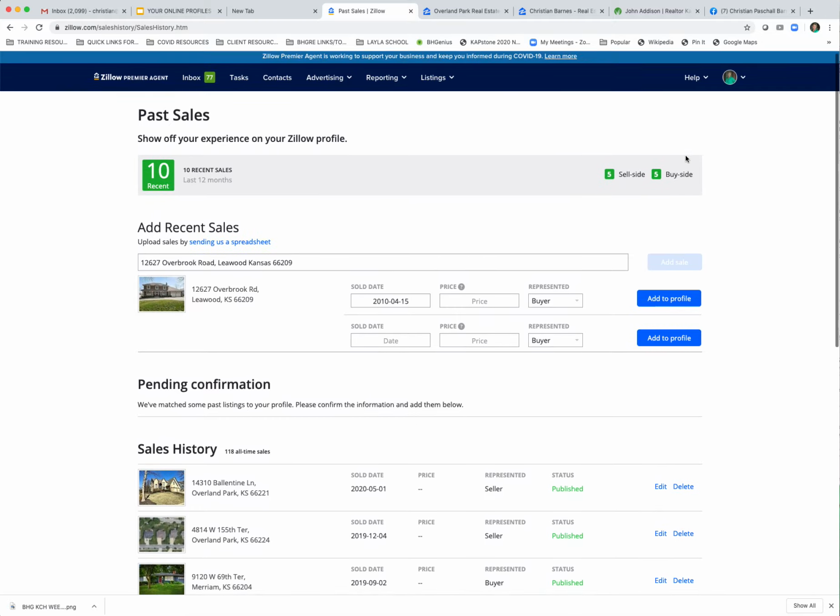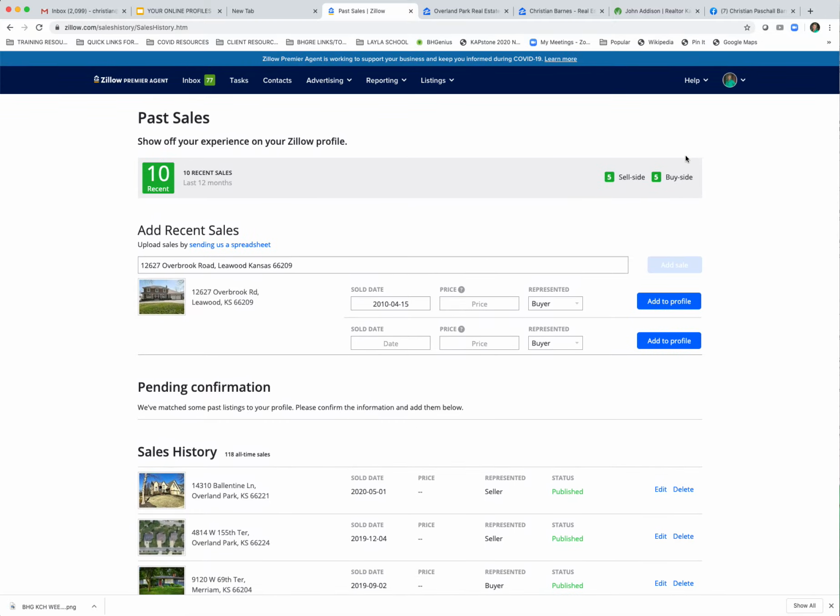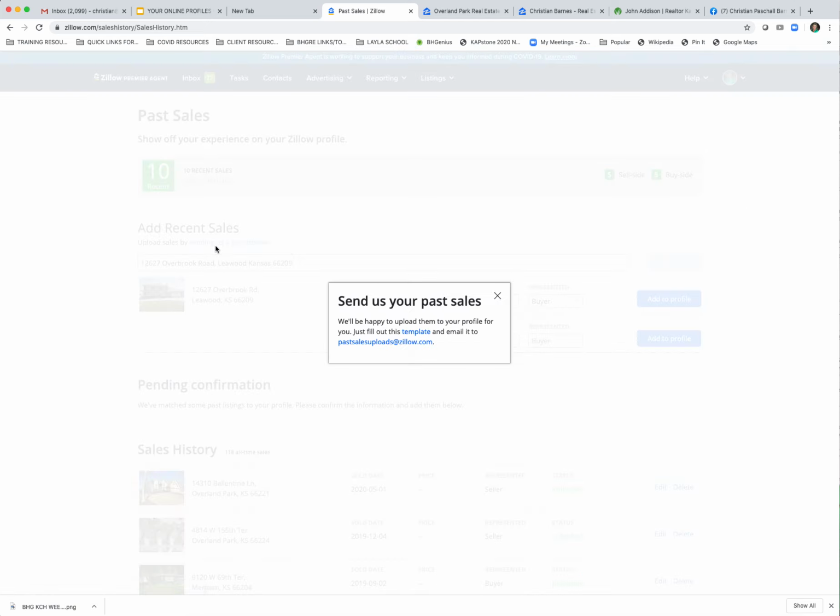I told you that you could upload a spreadsheet to Zillow for them to add all of your past sales. If you have a whole bunch, that might be the best way to do it, although note that it's going to take some time. To do that, you're going to click right here under add past sales, send us a spreadsheet. So it tells you here that it wants you to fill out this template, and then you email it to pastsalesuploads@zillow.com. So I'm going to click on this template,